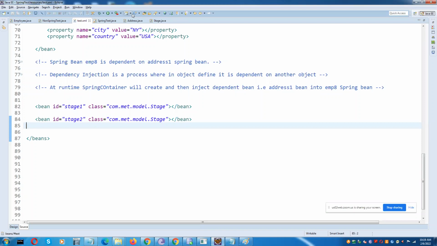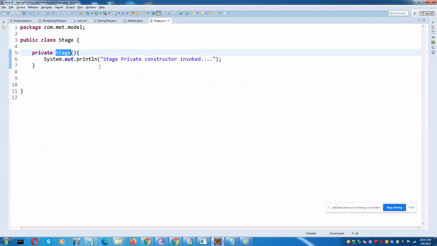Any other idea what you did for achieving this? Make a condition. Okay, that is called a factory method, correct? Someone was asking me, sir, how to write a factory method? If you remember, you had asked me, right? Write a condition whether the stage object is already created or not. You have to write those conditions, correct, guys? Yes, sir. So we'll go to the stage class, and here I will write something like this: